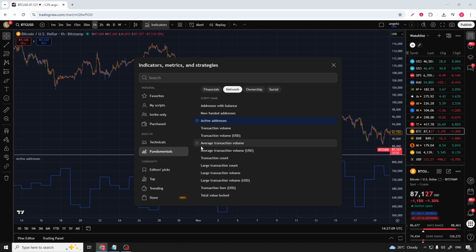If you want to customize how it looks, you can click on the settings icon next to the active addresses label and change the style, color, or scale so it's easier to read alongside price. That's all there is to it. You've successfully added active addresses to your TradingView Pro chart, giving you a quick way to combine on-chain activity with